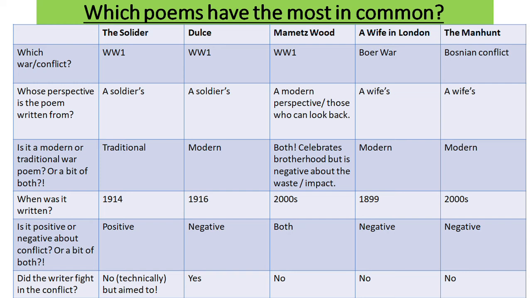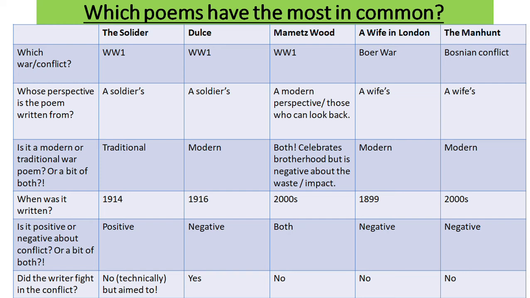It was written again in the 2000s. It's definitely negative in terms of the aftermath and what that costs. And I think the Manhunt's quite interesting because it doesn't focus on death, which is usually the focus of loss in many negative war poems. It's a different sort of death, isn't it? It's like a metaphorical death of the man she once knew. So it's an interesting twist on the loss of war and the